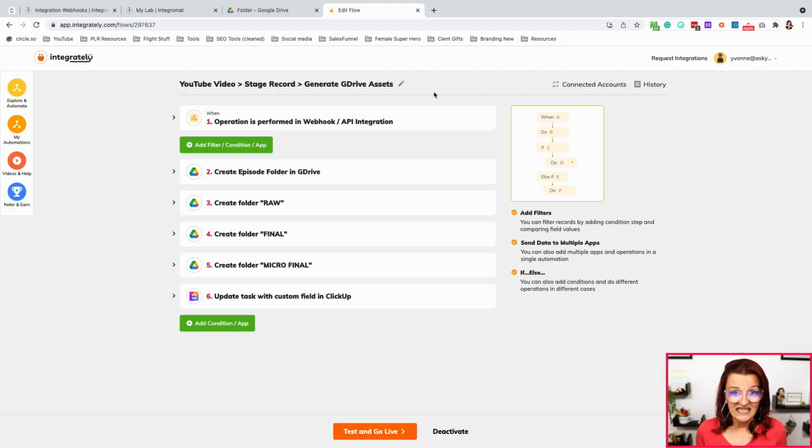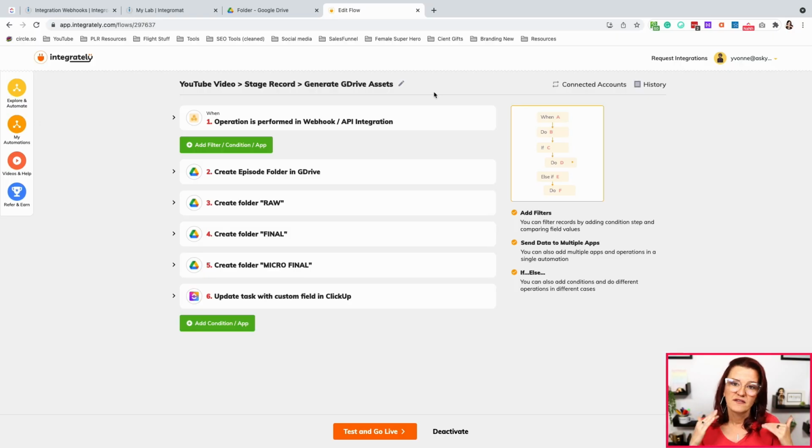Now, this right here is the automation that runs my asset management in Google Drive, actually. So what happens here, and again, right in the video I linked earlier, you'll find it in the description too. What happens in my video production stage, the moment I have done all of my research, I know everything, I know which episode it's going to be, I know what the title is going to be. I need my assets in Google Drive.